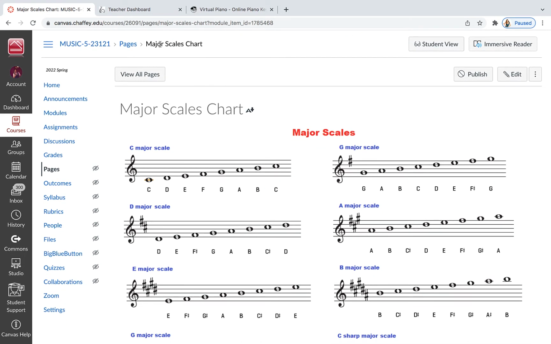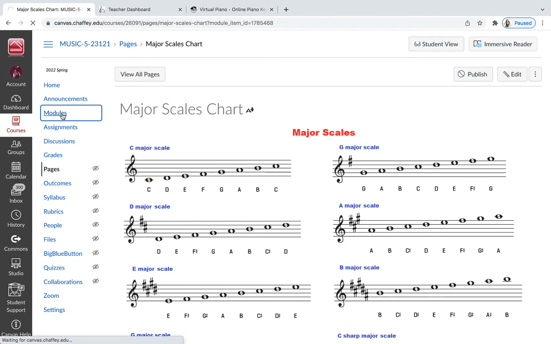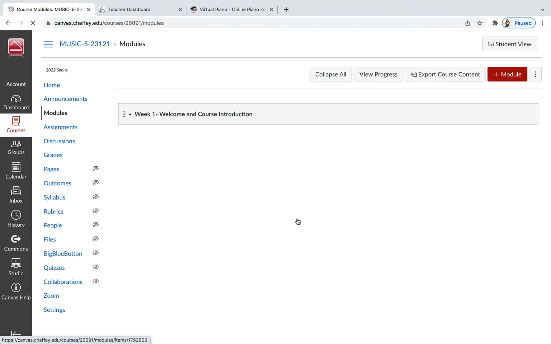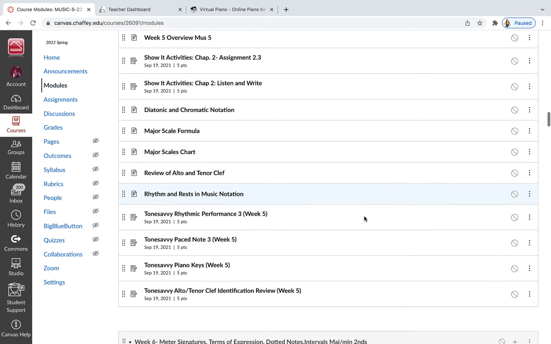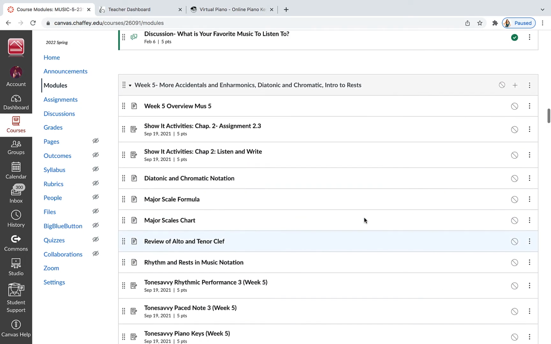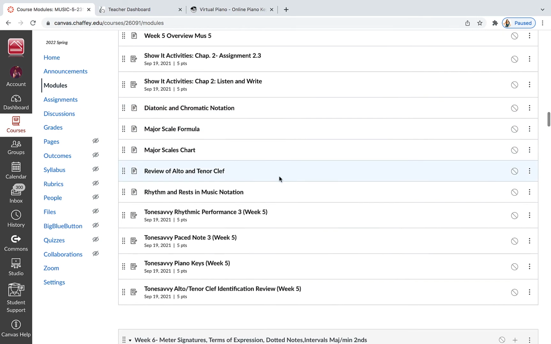Okay? So, let's check out the chart. Oops, I've got the chart. Let's take a look at this. And again, I'm going to week 5. And what I've got this week, okay, I give you the diatonic and chromatic notation, the major scale charts. Oh, here we go. So the other new thing this week is